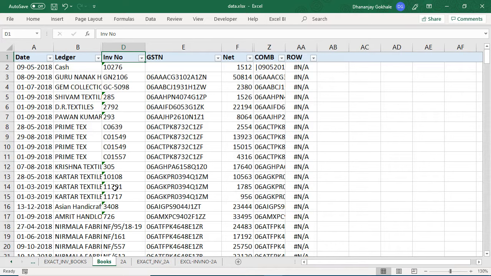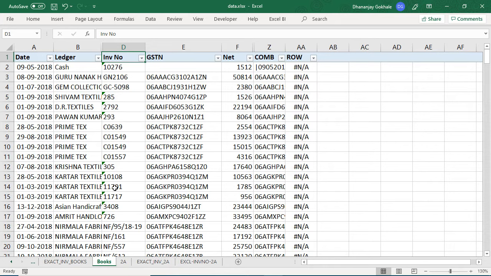While they send the invoice, they quote some number, but in 2A they come to know that XYZ invoice number is repeated. So they change the series later on, and many reasons are there. So you have a mismatch of invoice number, but the rest of the three fields are matching, like GSTN of the party,